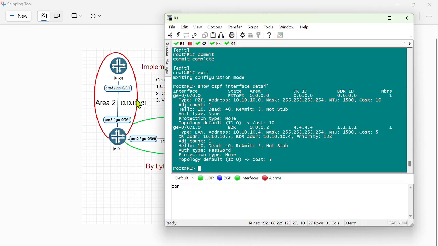So whenever you configure the authentication parameters, you need to configure them to be uniform. You cannot configure different passwords on R1 and R4. That adjacency will still not come up. And then for